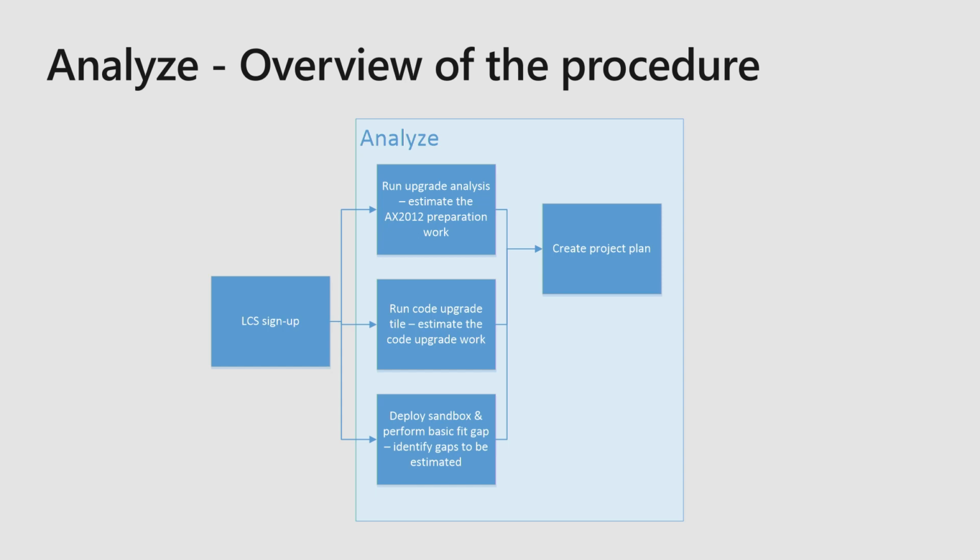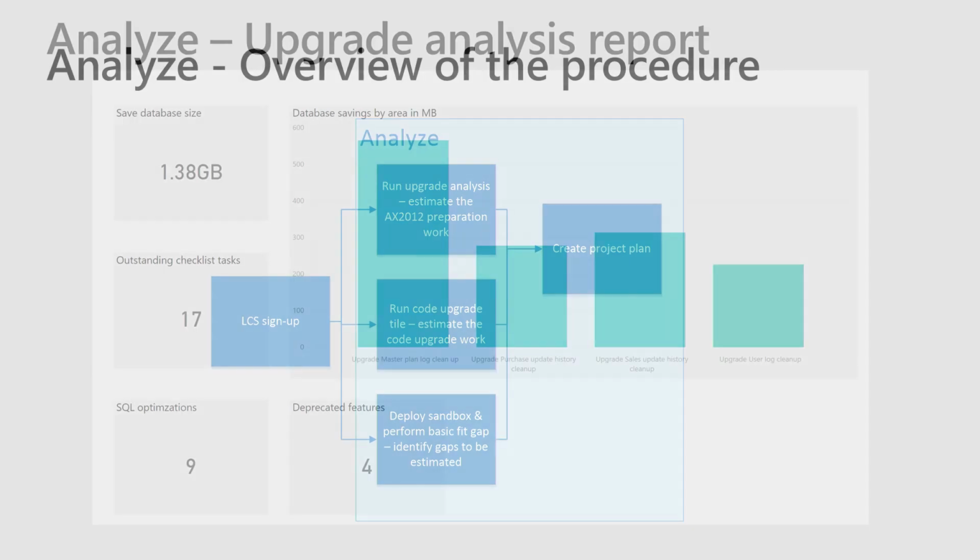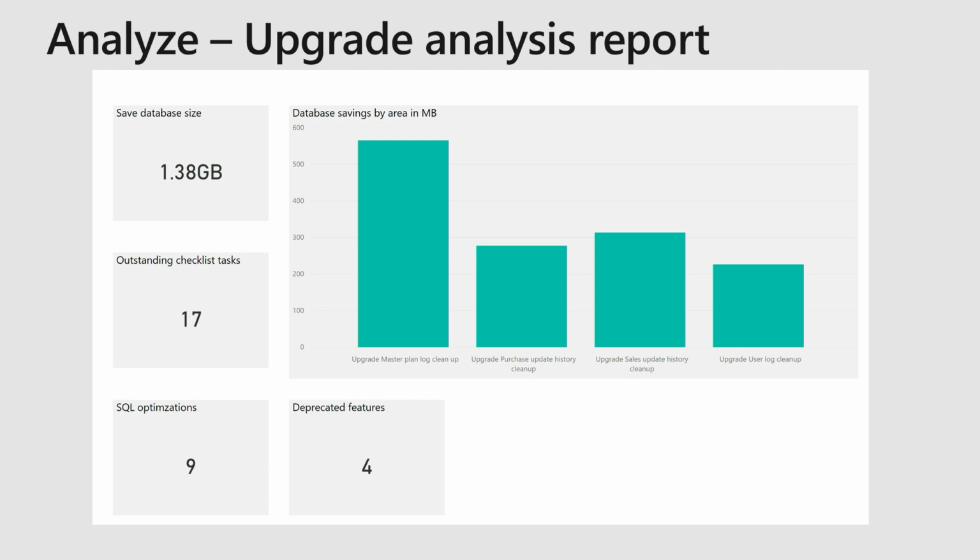How we're breaking this out here, we've got three different steps that can essentially execute in parallel. Some of this is functional in nature and some of this is technical. And we'll cover each one of these steps here to eventually get you to a project plan. One of the first things you can do is start going down the path of getting your upgrade analysis report